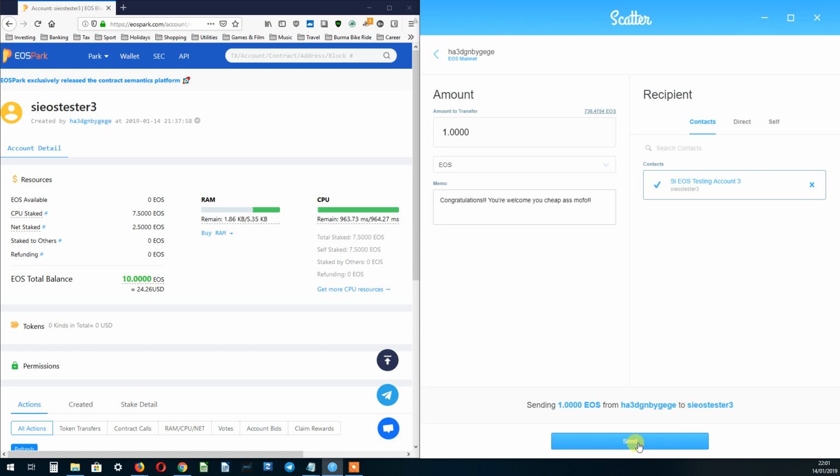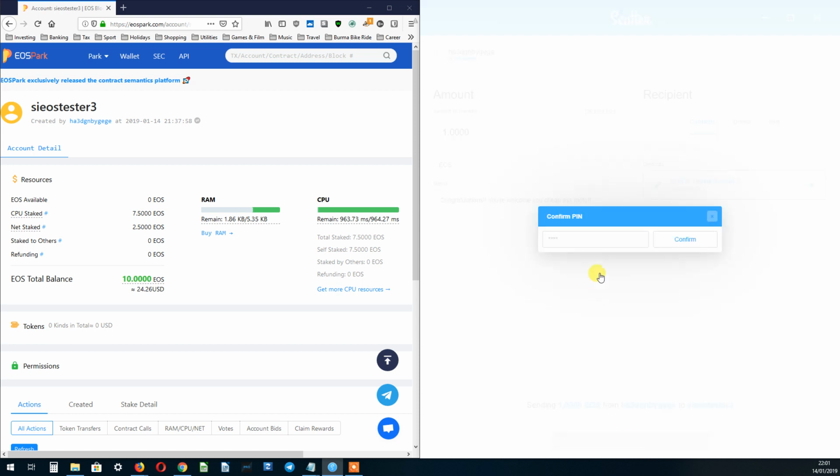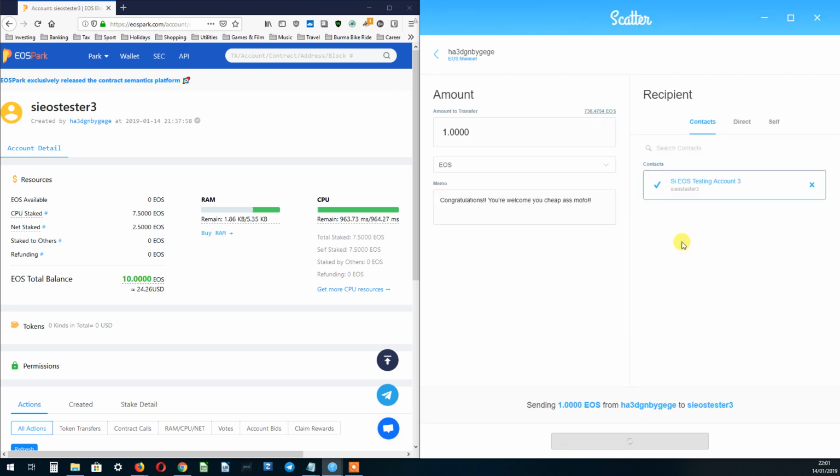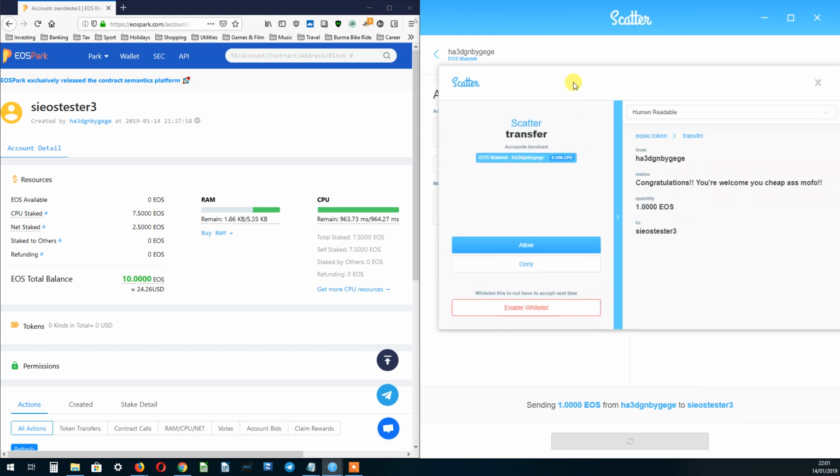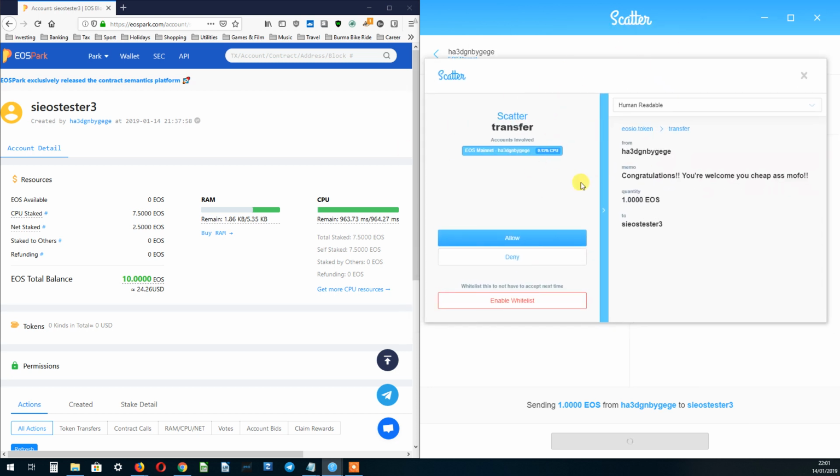So I'm going to click send, and once you do, I've got PIN confirmation on there. So I put my 6-digit PIN in. I believe it's up to 6 or 8 digits. You can have PIN confirmation on if you want or not. Click confirm, and that'll bring up the next Scatter dialog box. This is a dialog box you're going to see quite a lot when conducting any transaction, whether that's a send, complete an exchange transaction, for example, roll a dice on a game, that sort of thing. So as soon as I click allow, it's going to broadcast that on the EOS network, on the main net,